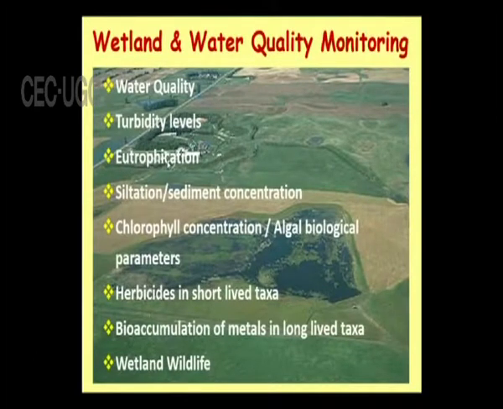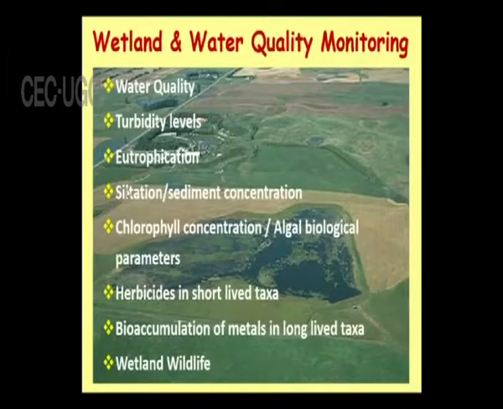And the eutrophication means when a large number of nutrients are deposited over the water ecosystem, then what will happen? It is depleting all the oxygen content, and the plants or animals are devoid of oxygen and they will die, and because of the eutrophication, the algae growth will be more, and that is deposited on the surface, and so the water cannot go inside. That is the reason for the turbidity.